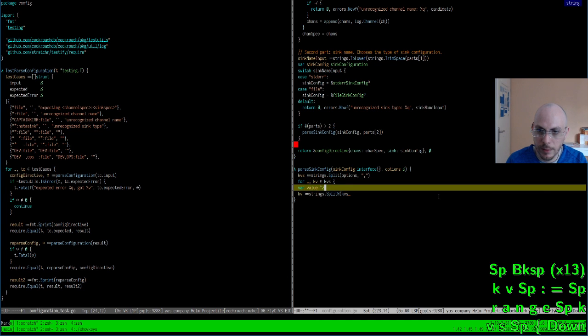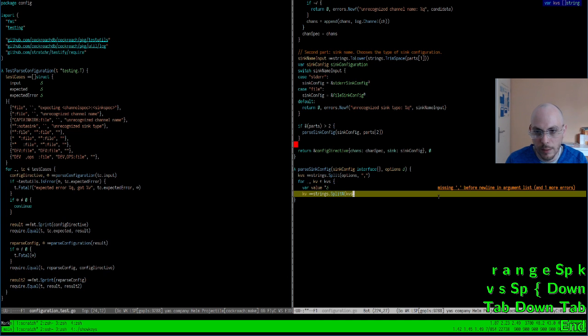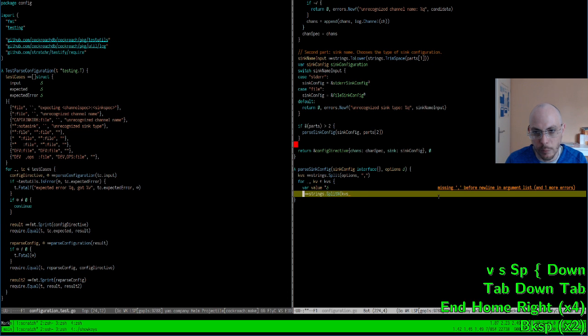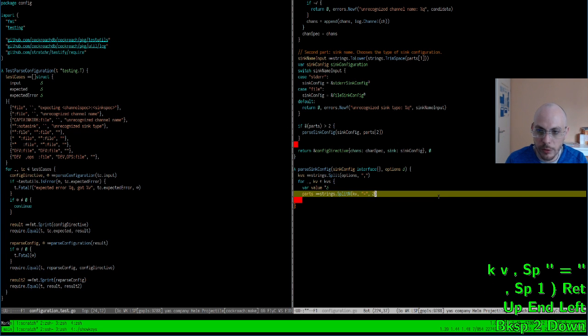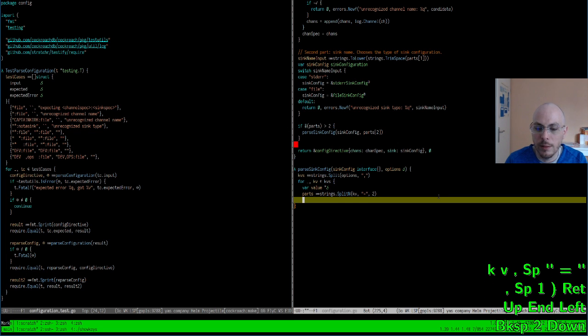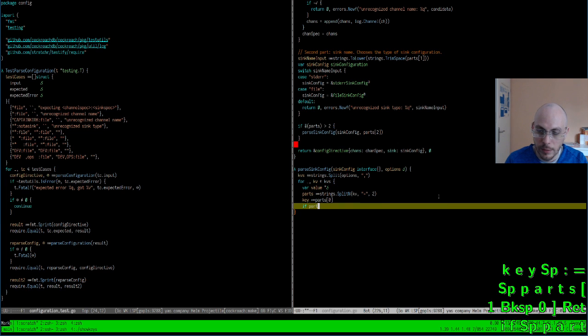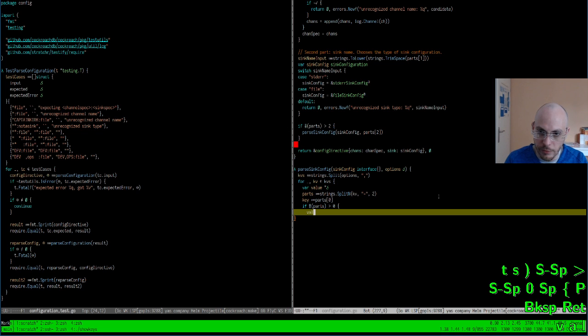If parse is split, just 2 parts, and so 0, value is parts of 1.